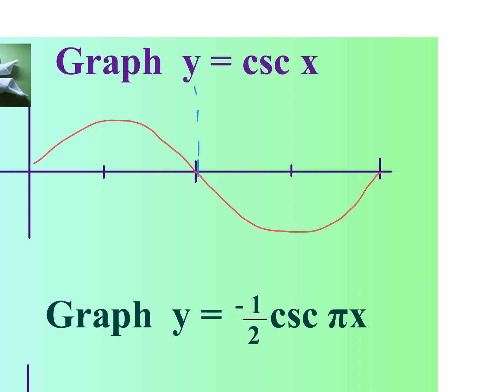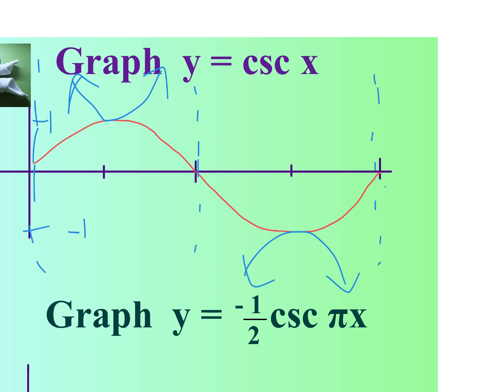So I'm going to put in asymptotes wherever it hits 0 because, you know, when you're 1 over that, you can't be 1 over 0. And then I'm going to put in some loops here and here. And I'm going to label these spots as negative 1 and 1. And this is 2 pi,